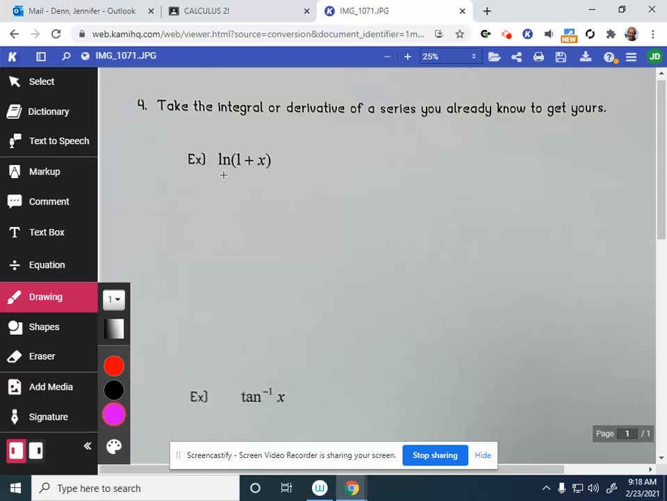So the idea is this. Let's say I'm supposed to find a series for the natural log of 1 plus x. Clearly, this is not geometric. It doesn't look geometric. There's nothing I can do to figure out what the first term is and the multiplier is. So I can't use that strategy at all. I also can't use substitution because I have nothing to substitute this into because I don't have any series that look like this. But what I do know is